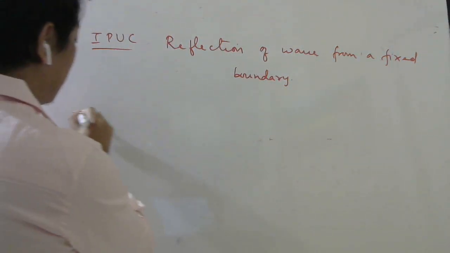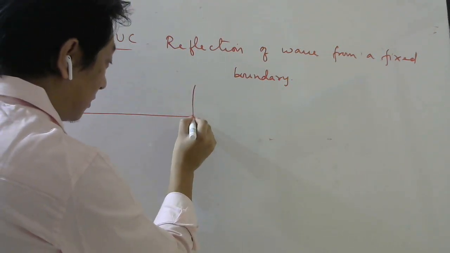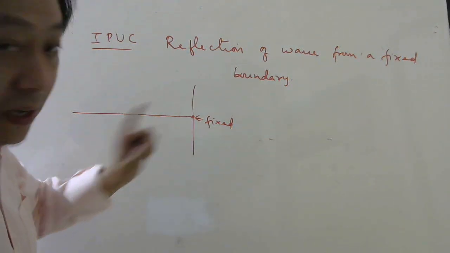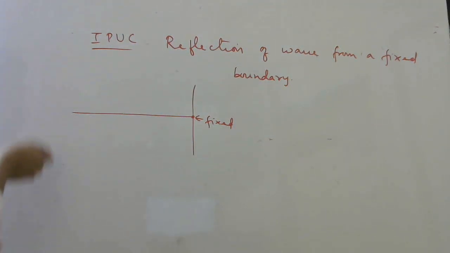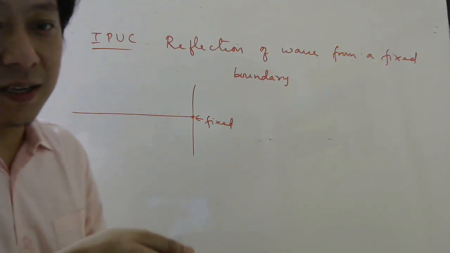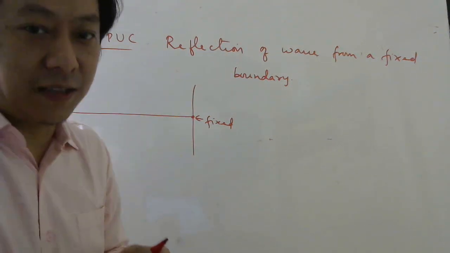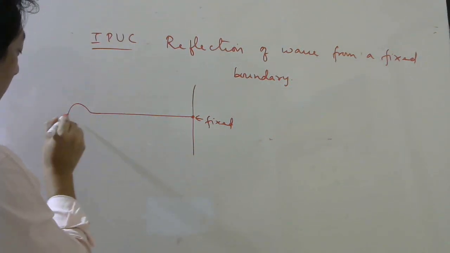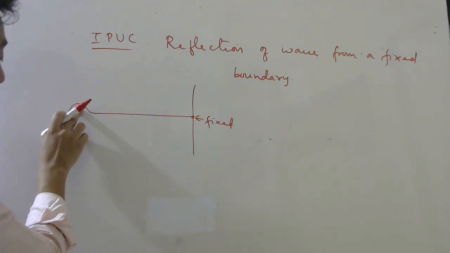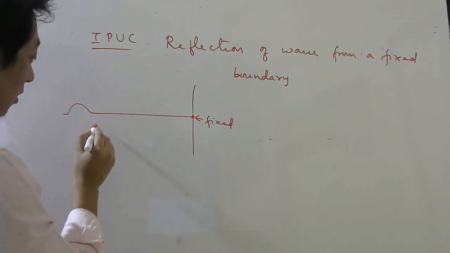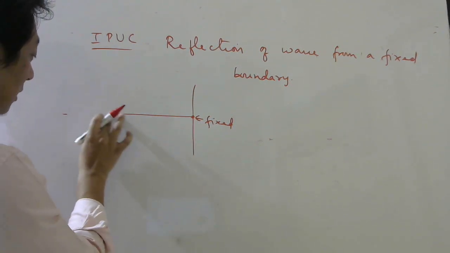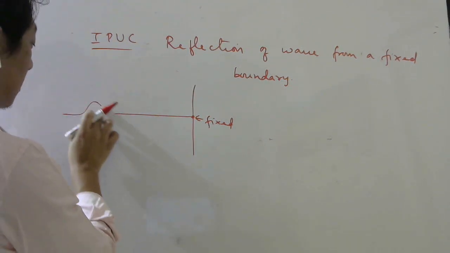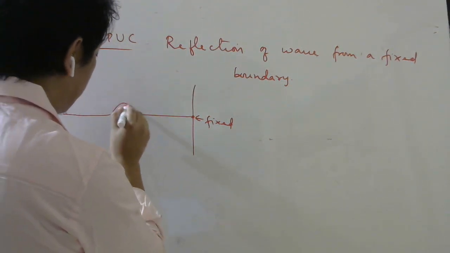So the idea was, if you have a rope and this end is kept fixed, you can't move, this end cannot move. Now suppose I create a wave. To make it simple, let's say I create a very simple wave pulse like this, snap it, once. So you create this pulse at time 0. Now this part of the crest will pull this one up. So after some time your pulse will look like this. Then this part will pull this one up. So after some time the pulse will look like this.